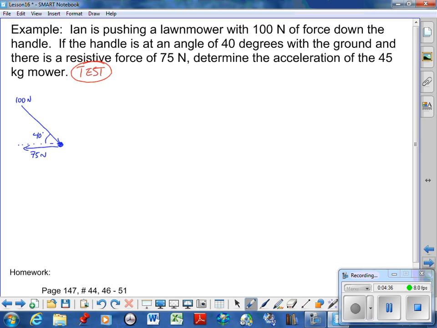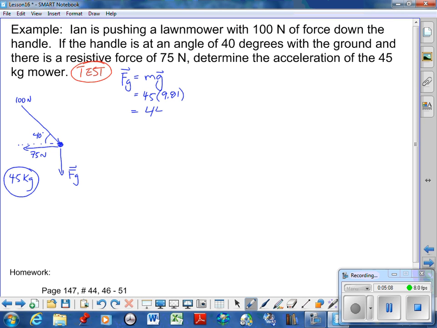Determine the acceleration of a 45 kilogram lawnmower. All right, so I need to calculate a couple of things here. I know the force due to gravity is something I need. Force due to gravity is mass times gravity, so that's 45 multiplied by 9.81. When I do that calculation, we get 45 times 9.81,